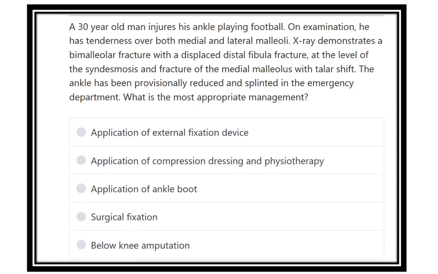A man, years old, injured his ankle while playing football. On examination, he has tenderness over both the medial and lateral malleoli. X-ray demonstrates a bimalleolar fracture. That means the medial and lateral malleoli are both fractured, with a displaced distal fibular fracture. And also there is a fracture of the fibula at the level of the syndesmosis, and that means at the